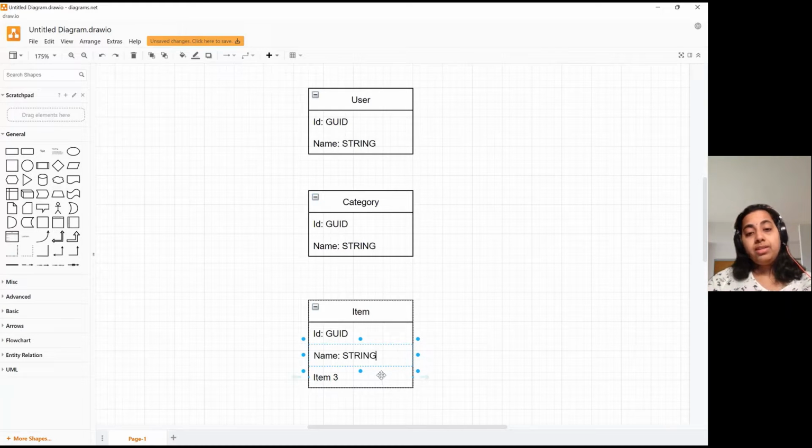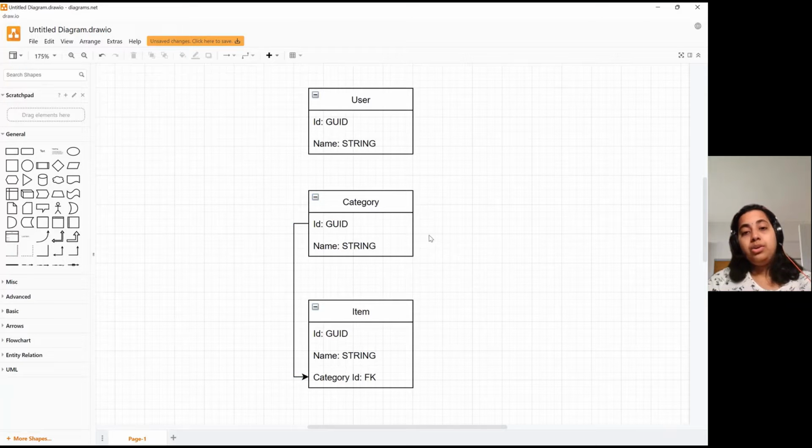Now, what I want to establish is, if red is going to be my item, the category for red is going to be color. So I want to establish the relationship here. I'm going to take in the category ID, and this is going to be a foreign key reference. So I'm going to link this ID that is there in the category table as part of the item's category ID.